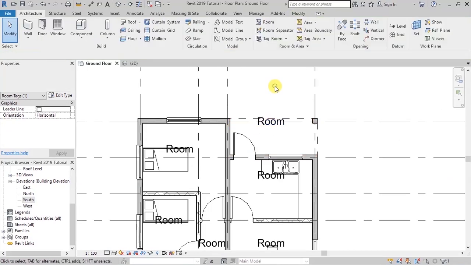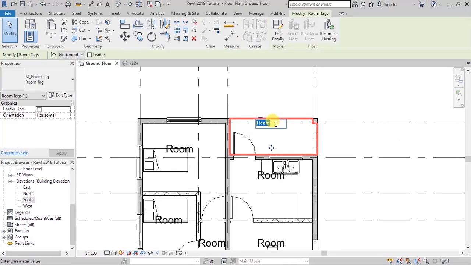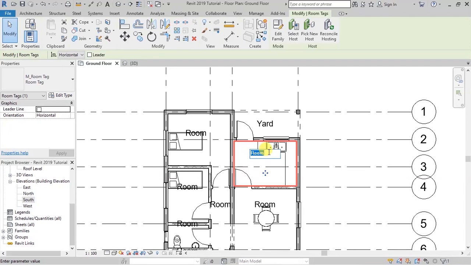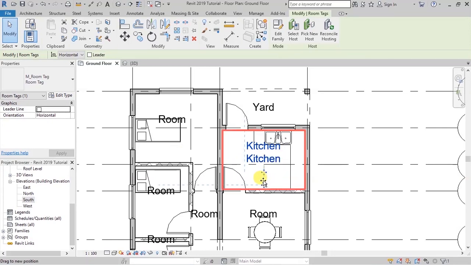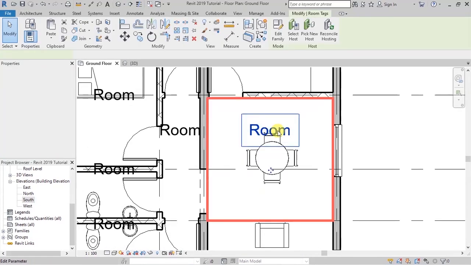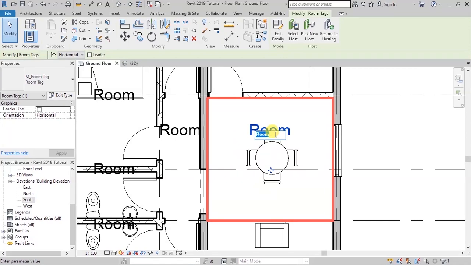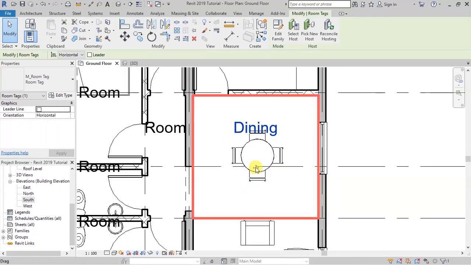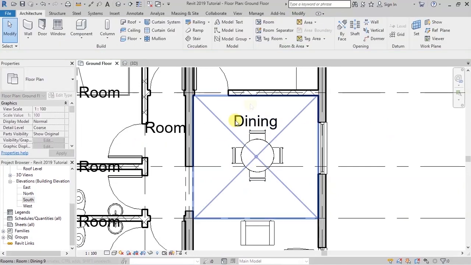So what I want to do is now come back and rename this one. This is our kitchen yard, call it yard. And then try to move it towards the center like that. This is our kitchen, so type kitchen there. Try to move it a little bit towards the center like that. And this is our dining room. So I want to double click, type dining like that. I think I want to move this a little bit away from the table so that it is